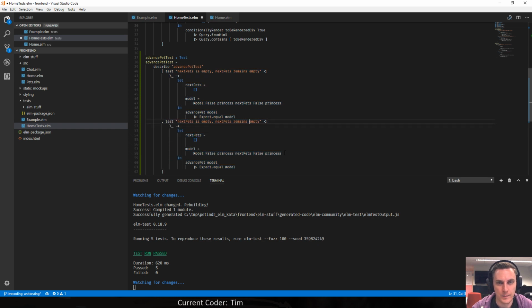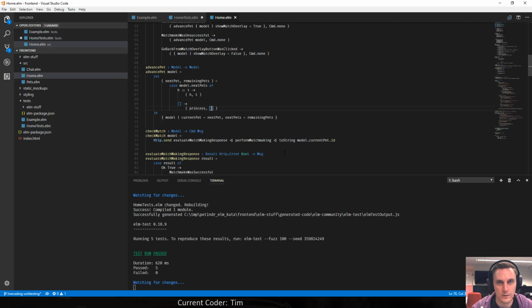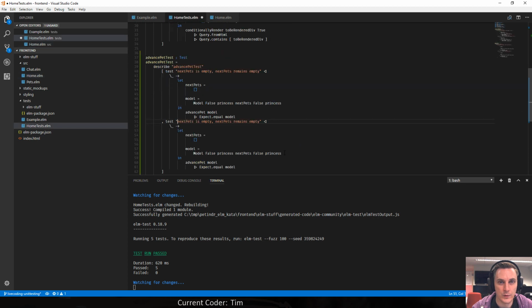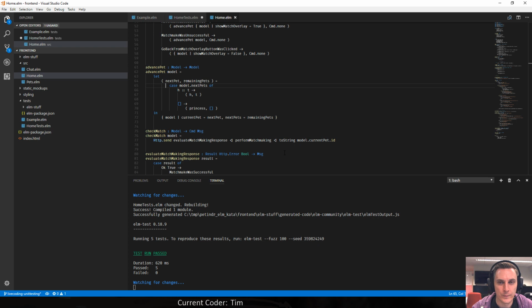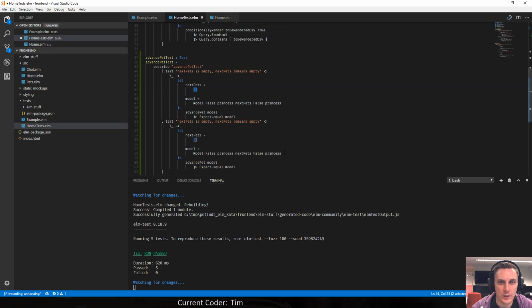What else can we check? Maybe like happy path stuff. So we move the head of this thing into another variable on our model.